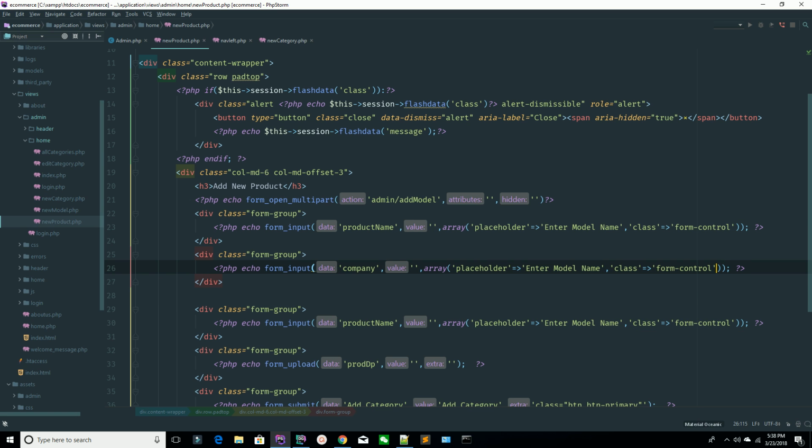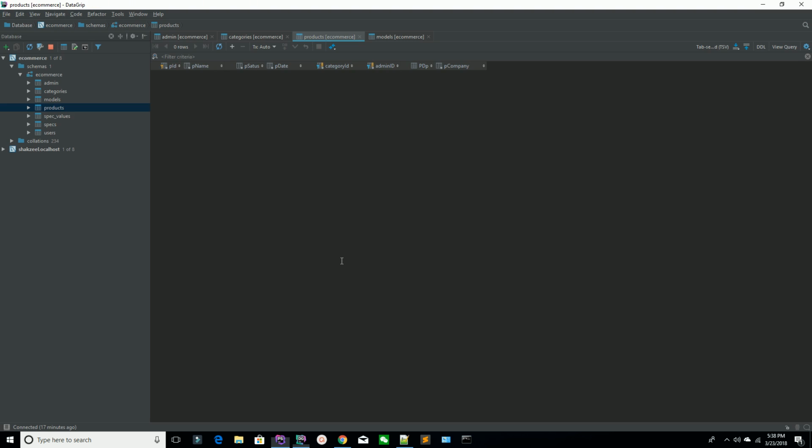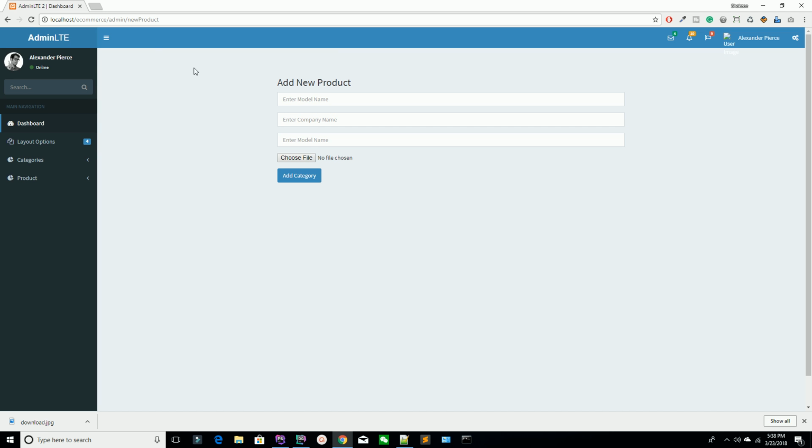And now I'm saying add the company, because for iPhone, the company name is Apple, and Apple is the manufacturer of the iPhone, because iPhone is a product. So now what you need to do is go to your page, refresh the page, product name, product company, and now you need the